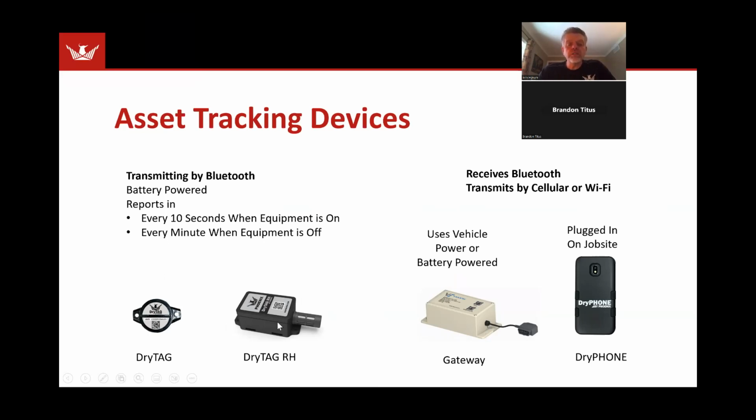Now, the dry tag RH is also an asset tracking beacon. So the dry tag RH is what you would use on a non-smart dehumidifier. So like an R250 or a competitor's dehumidifier, you put this on the inside of the outlet grill and it has temperature and RH, so it'll stream information, make it a smart dehumidifier, but the rest of it will also do the asset tracking function just like the normal dry tag. And it does have the accelerometer in it as well,